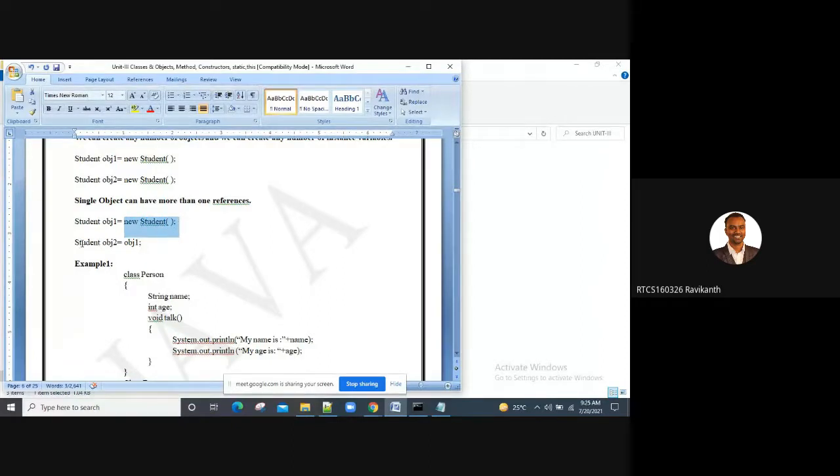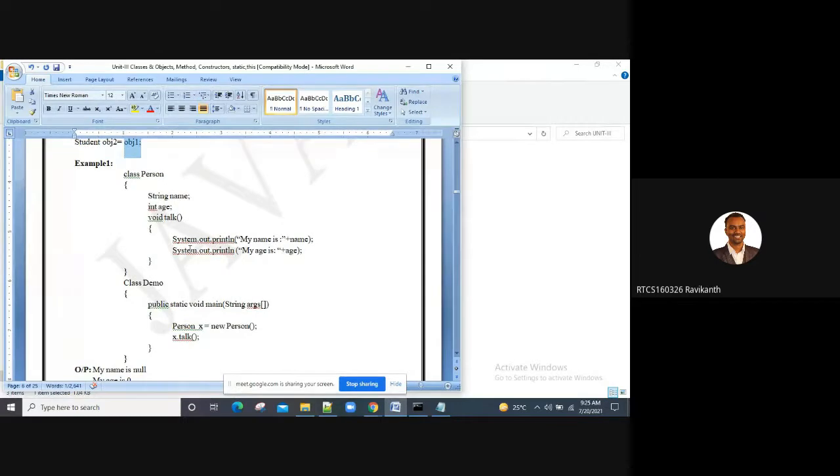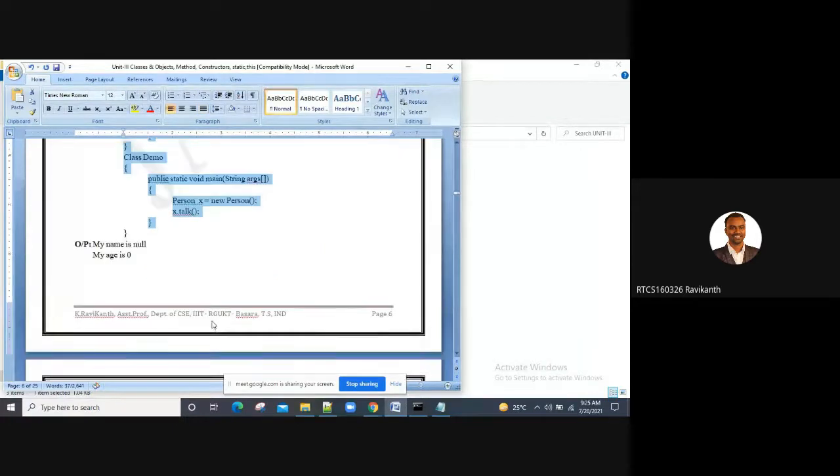I can also write it this way: Student, the class name, obj2, the other object, equal to obj1. So the reference of obj1 is occupied by obj2 as well. This is also valid. In this example we have seen just now, you'll get null and zero anyhow.